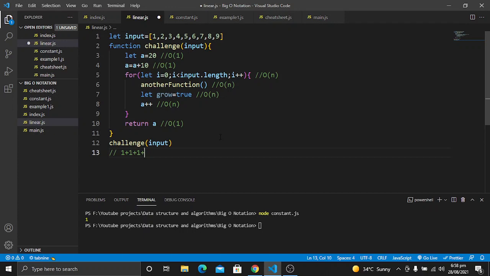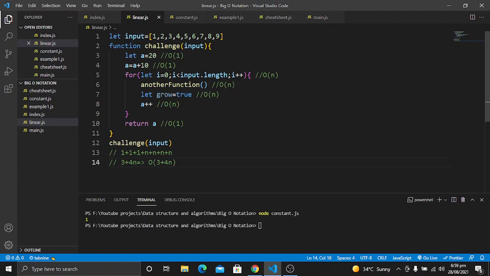So let's add these 1, 2, 3 and 4. As you can see, we are calculating the big O. Then these 1, 1, 1 will add up to 3, and then it will become 4n. So we can say that O of 3 plus 4n is the notation, or the time complexity, for this code.